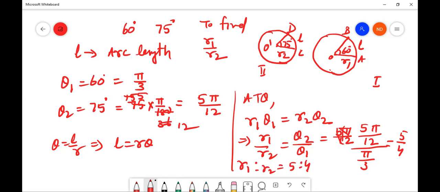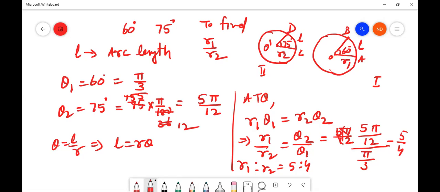Okay. So this is all about the introductory class. So basically measurement of angle, relationship between degree measure and radian measure, and also the relationship among theta, L and R: arc length, radius of the circle, and angle subtended at the center by the arc, which is measured in radians. These are some of the basic things to start the